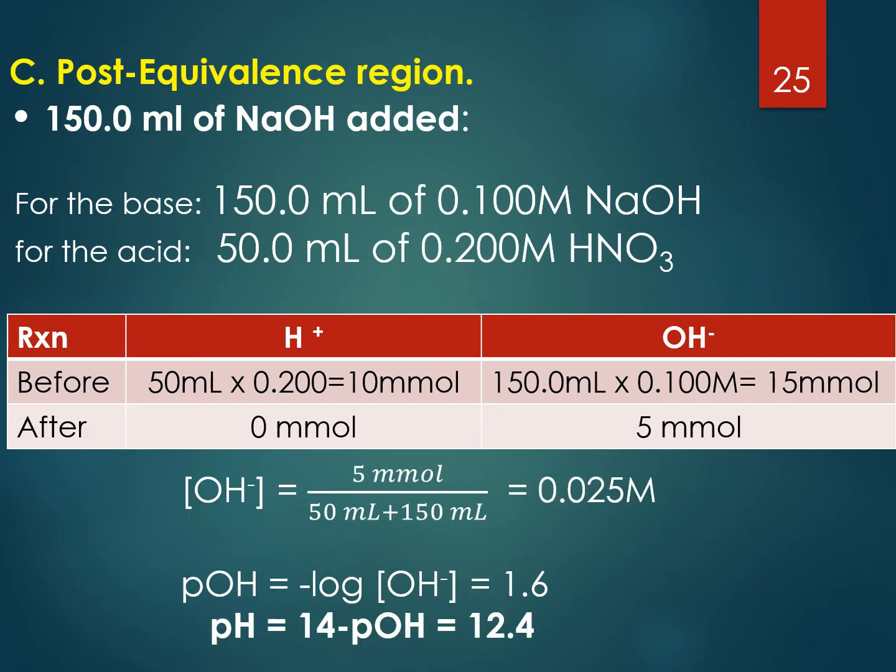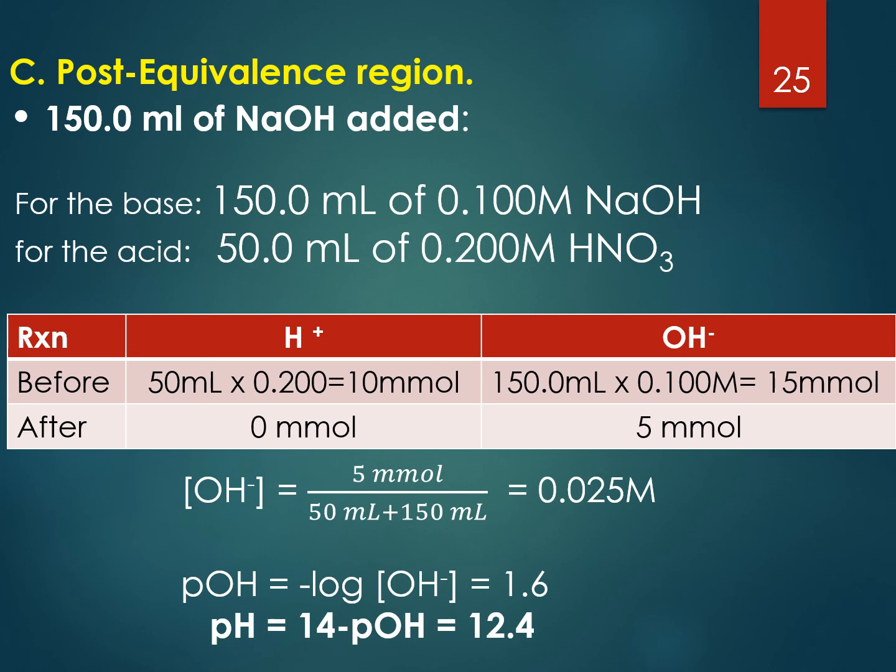And then after the equivalence point, so this is when we have 150 ml of sodium hydroxide, it's now the reverse. Before the equivalence point, the acid is our excess. After the equivalence point, it is the base that is our excess agent. So for example,